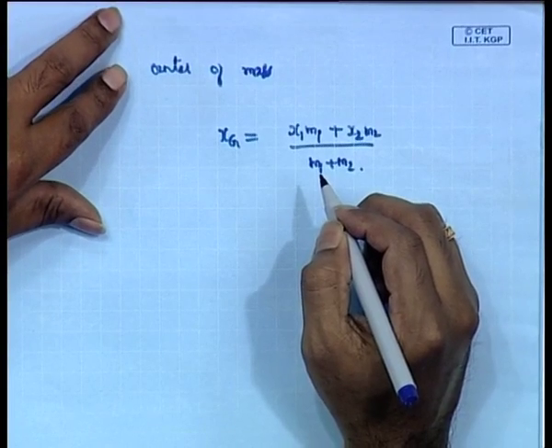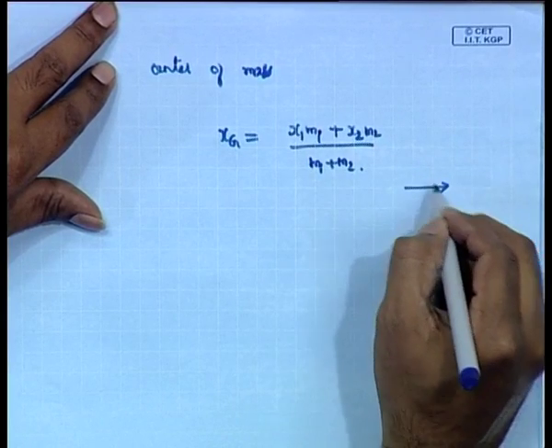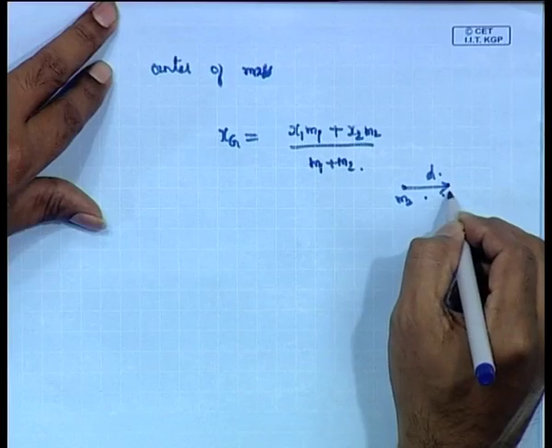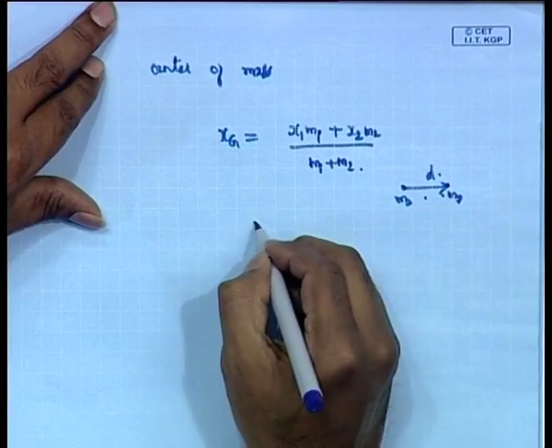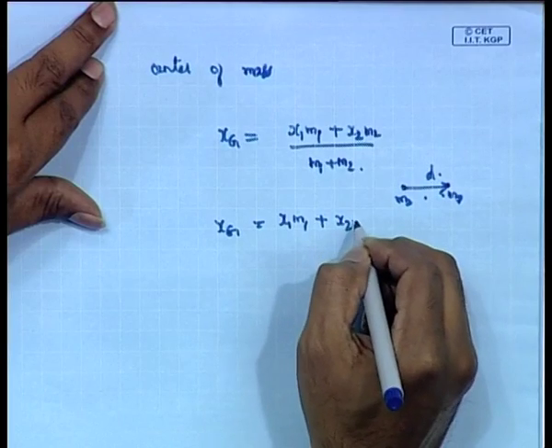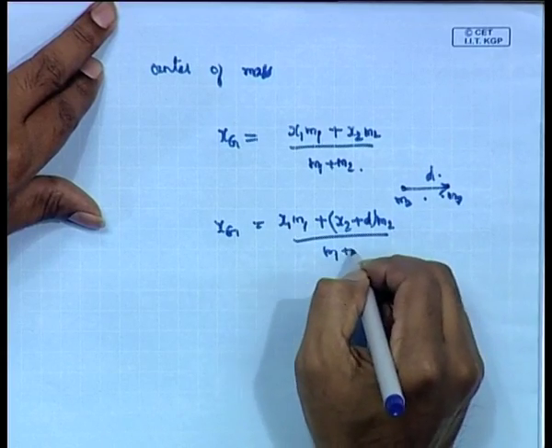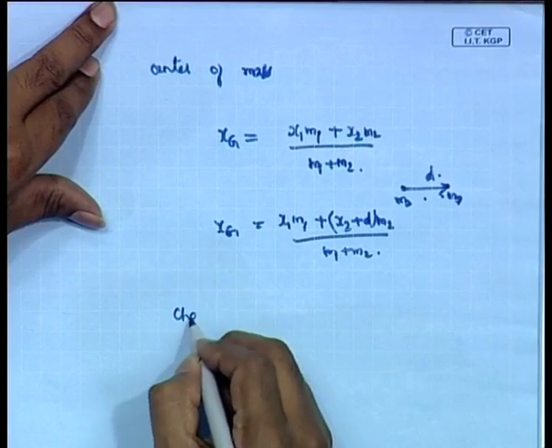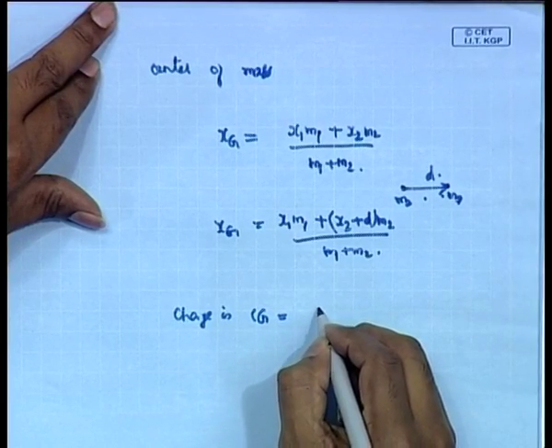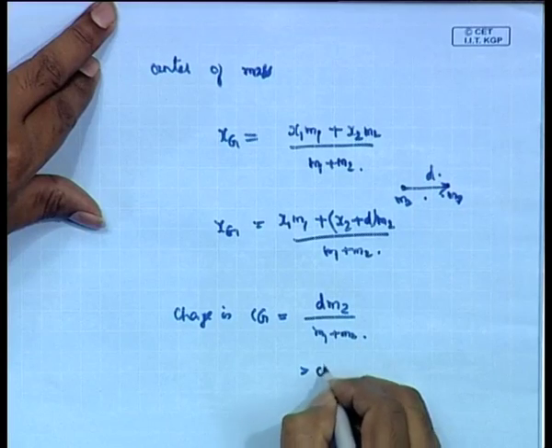Now if we move the mass m2 a distance d horizontally, then xg will be x1 m1 plus (x2 plus d) m2 by m1 plus m2, or the change in the center of gravity is equal to d m2 by m1 plus m2, or it is equal to the change in moment